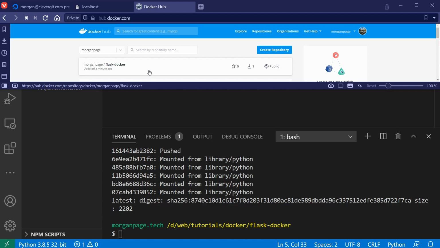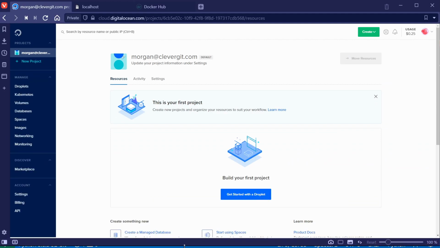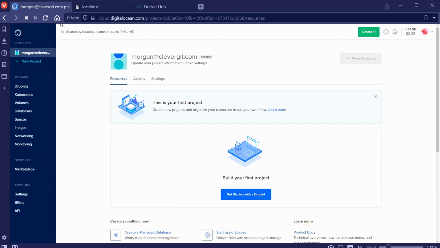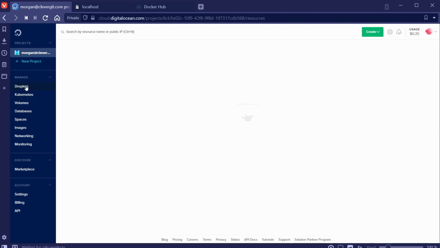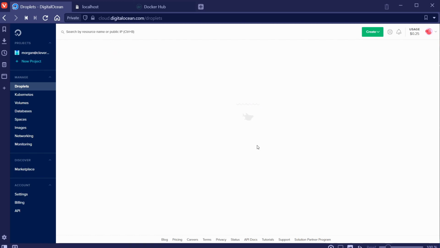And now we want to deploy this Flask application to a cloud service like Linode or DigitalOcean. So I'm going to use DigitalOcean. And so if you go to digitalocean.com, you can sign up. It will probably cost you about $5. And if you go to the main dashboard and click on droplets, let's create a droplet. So if you click on create droplet,